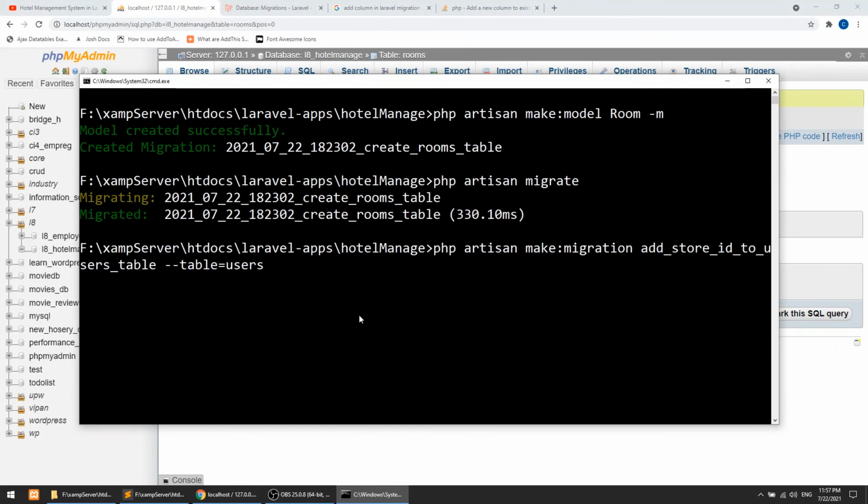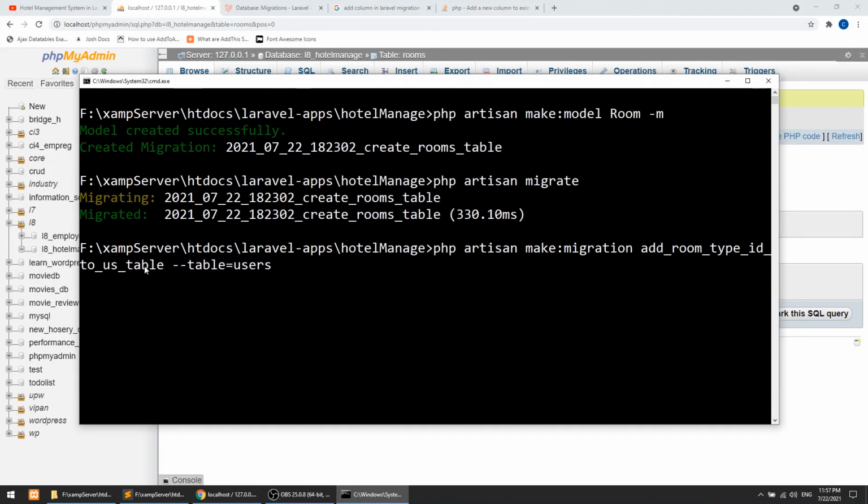Simply run php artisan make:migration. Here we will add room type ID to the table name.